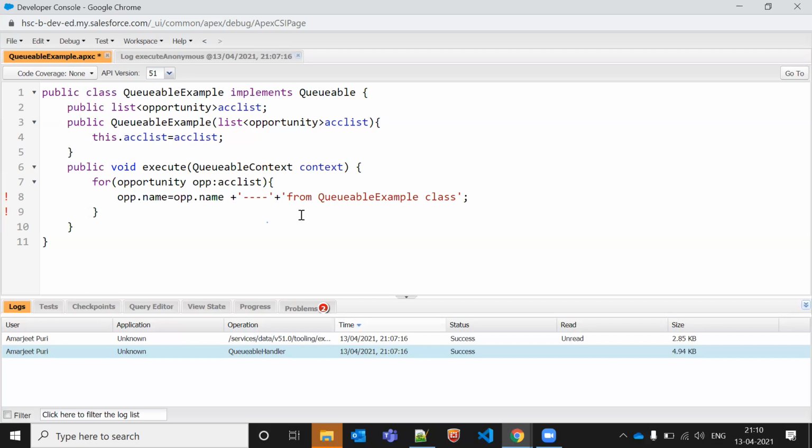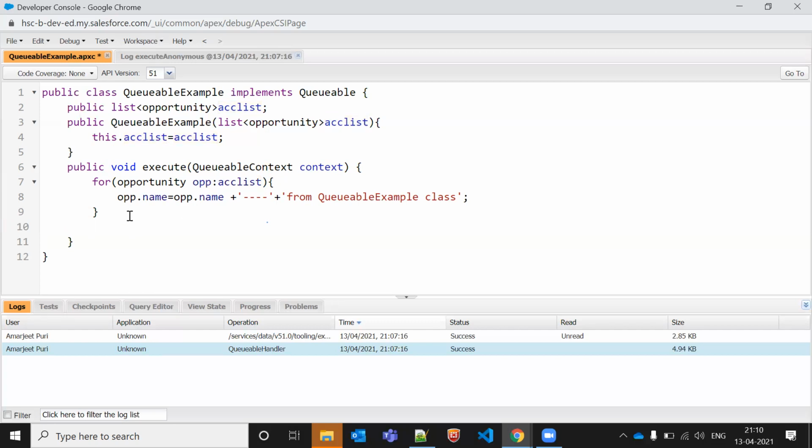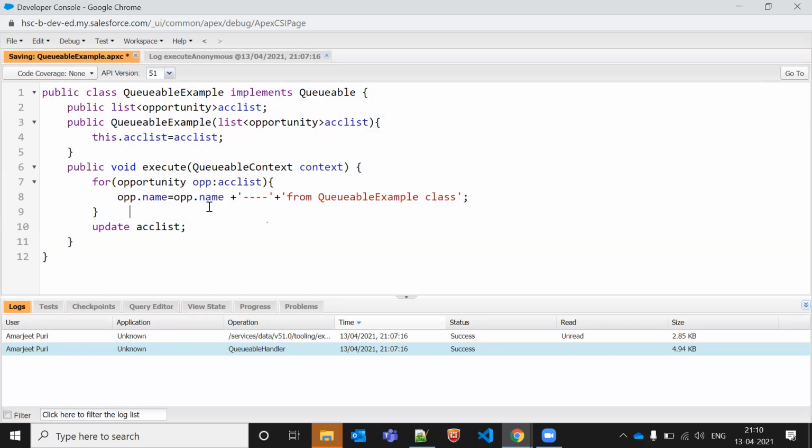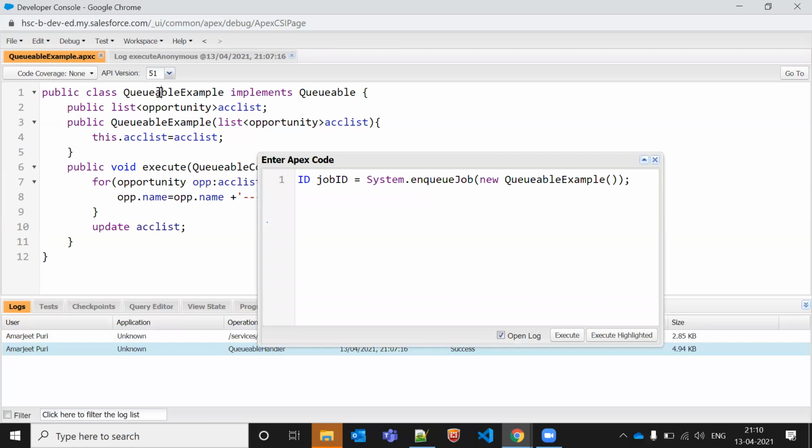Something like this only. Now what we have to do here is update the ACC list. Let me save this one and call this queueable class. How will I call this one? Let's say it's a queueable class only.